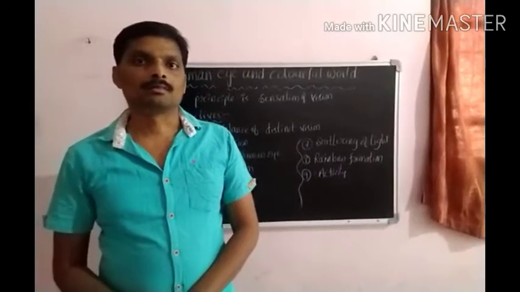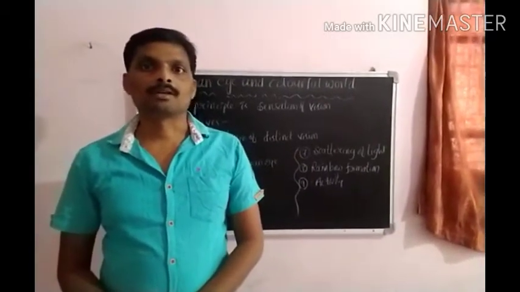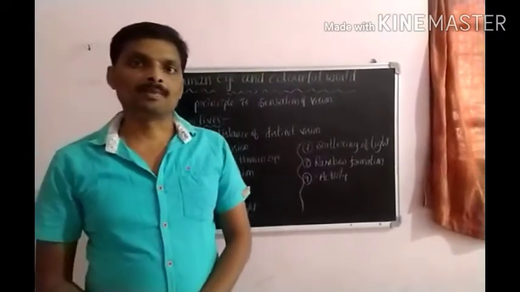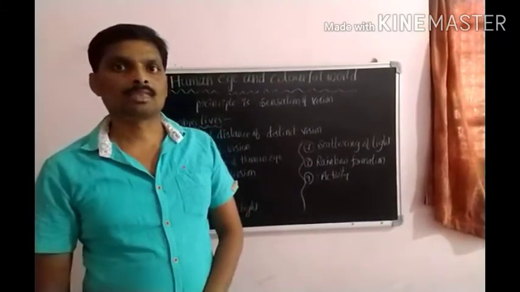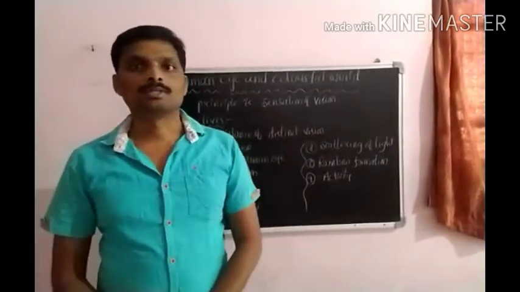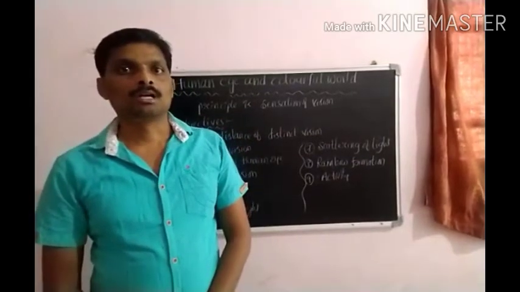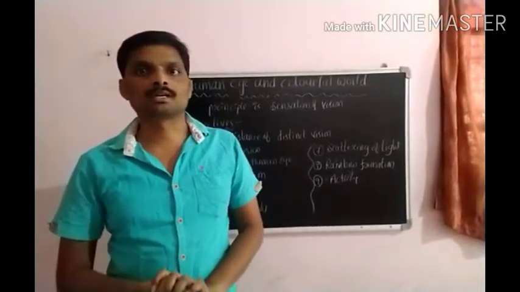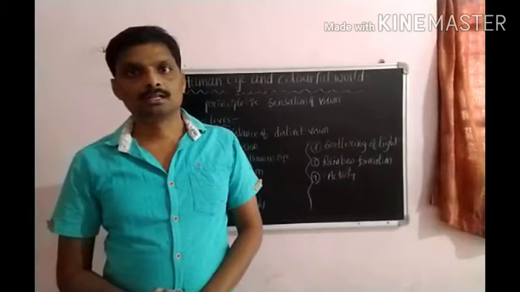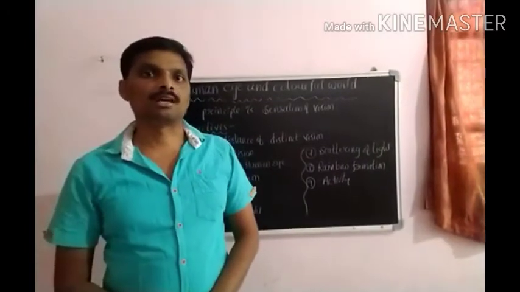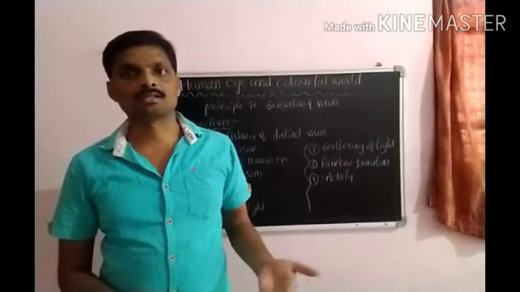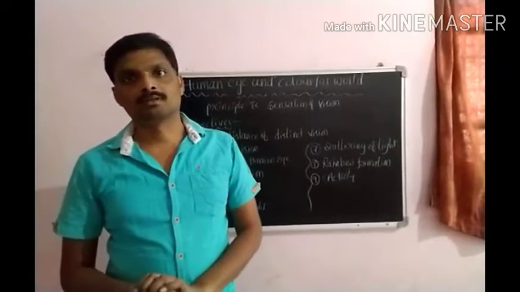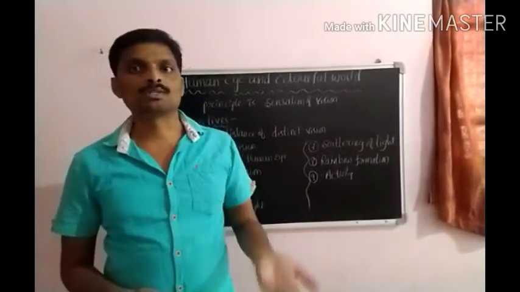In 8th class, we discussed in biology the working of the eye. The main principle of the working of the eye is sensation of vision, and how objects appear to us. When an object is kept in a room and light falls on it, scattering of light takes place. When the scattered light reaches your eye, you automatically get a sensation of sight. Only then are you able to see the objects.